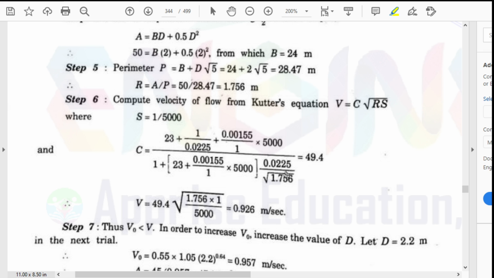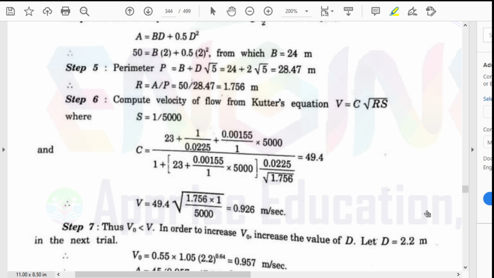Substitute all the values here, that is the value of n, value of s and value of r. You will get the Chezy's constant as 49.4. Substitute this Chezy's constant in the velocity equation by Kutter's equation, v equals c root of rs, and you will get the velocity as